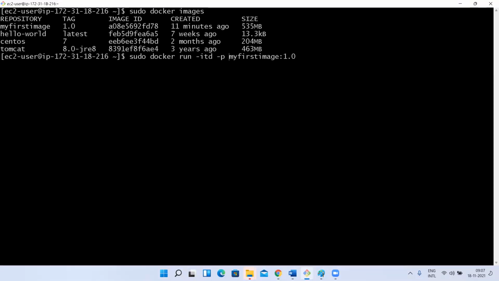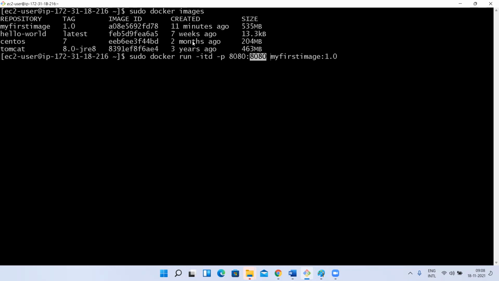Along with that, you have to give port number mapping also. Now tell me, on what port number is your container running? I said containers are isolated from your network. Each and every container will get one IP from that network assigned to it. So now I want to create a container, and that container will get one IP address. Also, in the Dockerfile, I have explained EXPOSE 8080, so my container will be running with port 8080 internally.